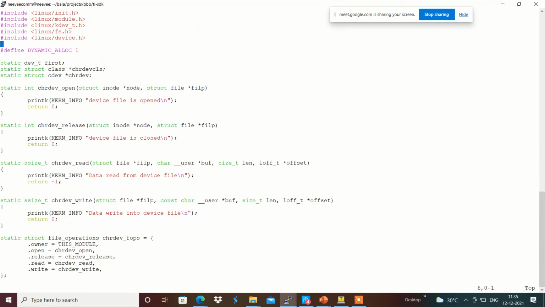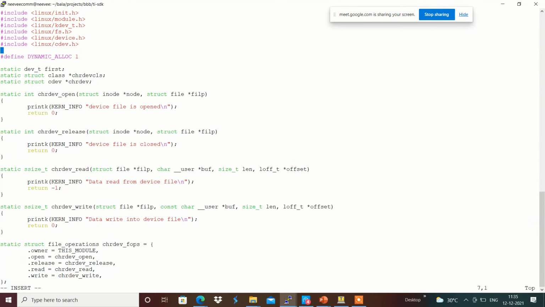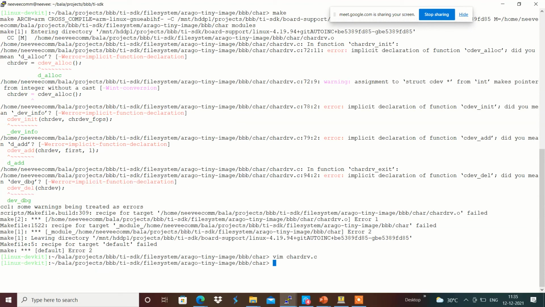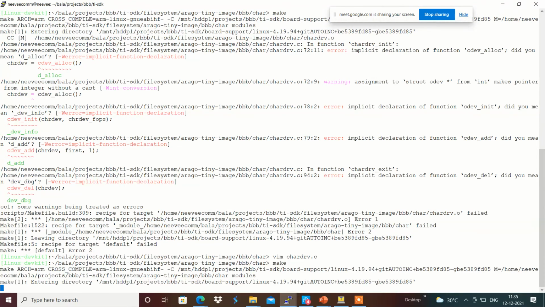Include linux/cdev.h over here. Now we will compile.